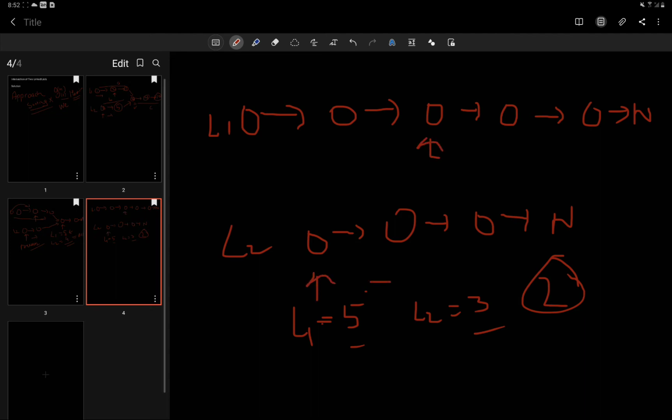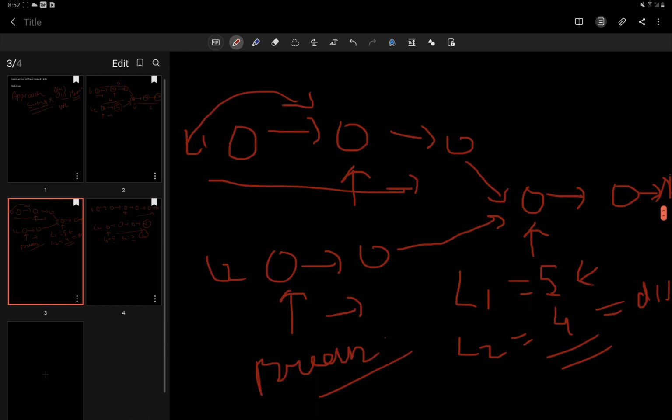Now we will traverse them together. Because their remaining length is the same, we will reach the null at the same time. While traversing, if their values become equal, we just return the value. Either it's null or it's the intersection node. All right, I hope this approach is clear to everyone, and let's move to the code for this question.